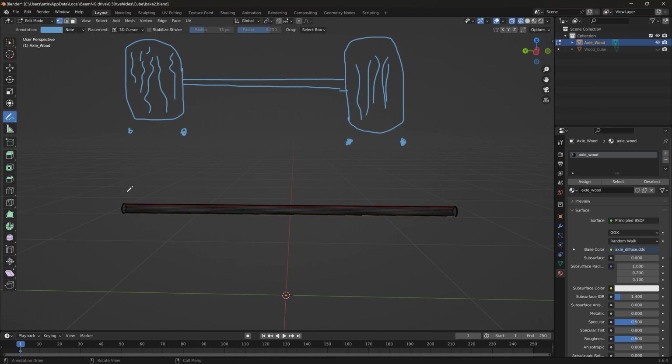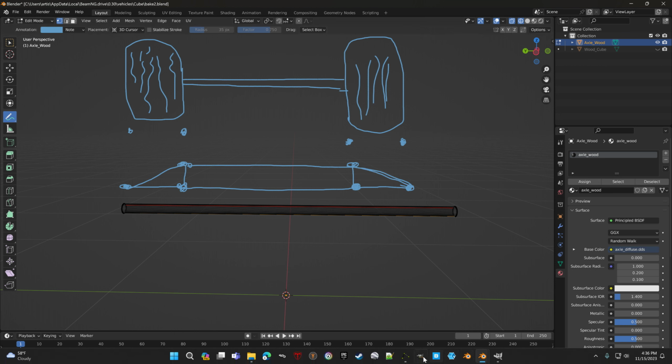Now I could make a simplified version of this where it's like a node, a beam, and then that node will connect to that node with another beam, and that node will go on the end of that beam, and then we'd probably need to make a duplicate of these and just rename them something different so we can offset them a bit, and like we connect this to this and this to this, and then we connect that to that and that to that, and that's basically how the game axles already look